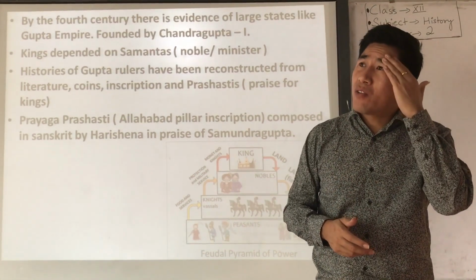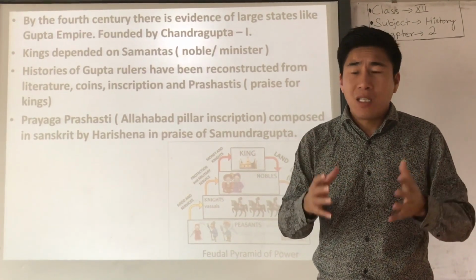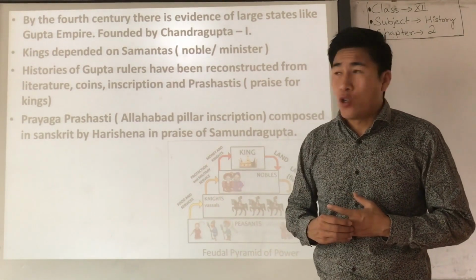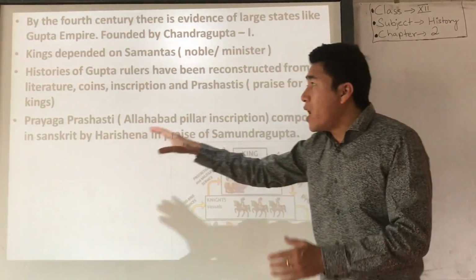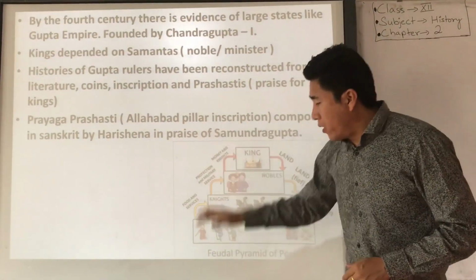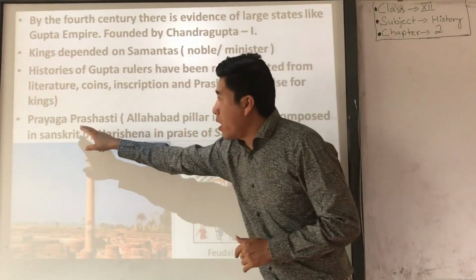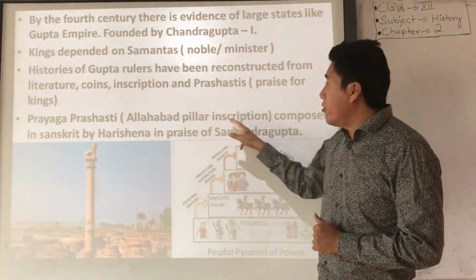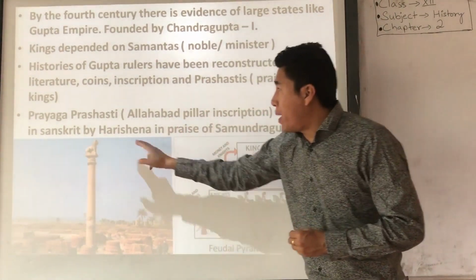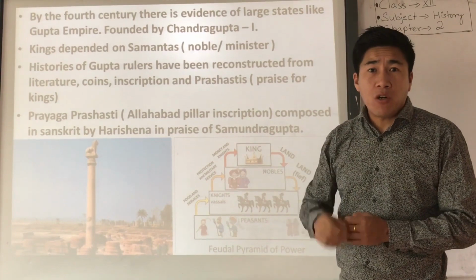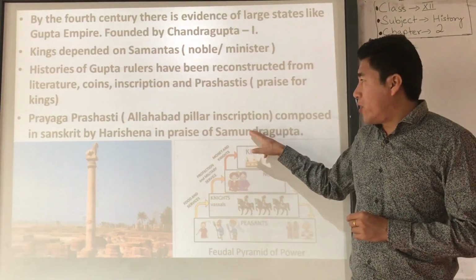Around 2012 or 13, I'm not exactly sure of the date, the UP Chief Minister Yogi Adityanath tried to convert the name Allahabad back to Prayag. Now, Prayag Prashasti means the Allahabad pillar. In Allahabad you have seen this pillar. It is also called the Prayag Prashasti or Allahabad pillar inscription. It was composed, that is, written in Sanskrit, by Harisena. Harisena was the court historian or poet of Samudragupta, the second most powerful king and second king of the Gupta Empire.